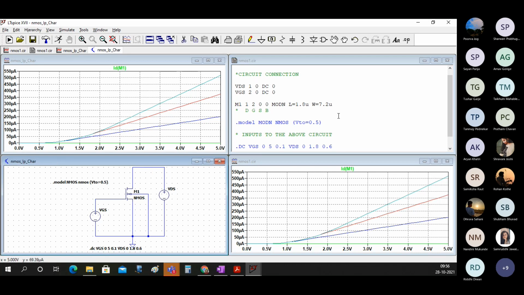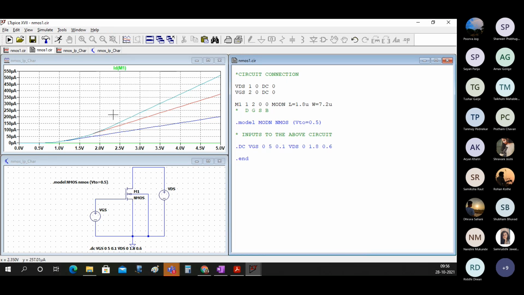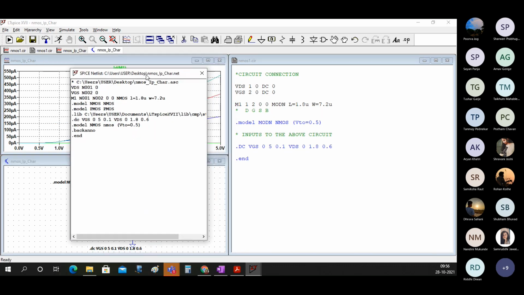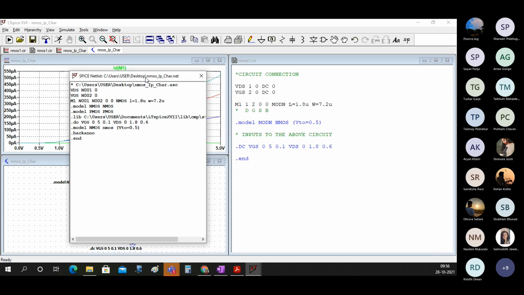Now if you see this code, and if you see the spice netlist of this, they will be similar. You can see that. See here, VDS is connected between node 1 and 0, VGS is connected between node 2 and 0.